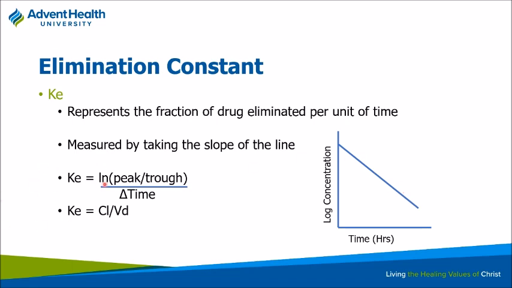So basically how we determine that Ke is actually looking at the peak versus the trough of that drug for a given dose. When I say peak, what does that mean? The highest concentration you get versus the trough being the lowest concentration, and then I look at the change in time. So by looking at that difference between the peak and the trough, I can determine how quickly we're metabolizing